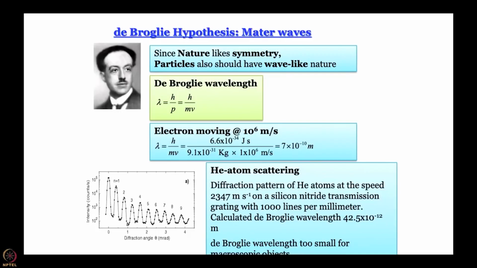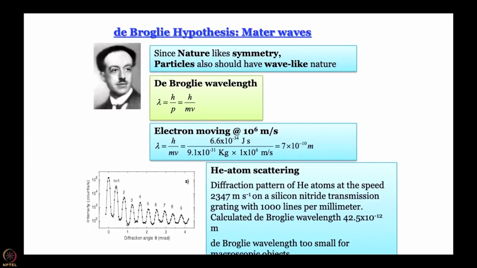If you take a lattice where the spacing is very small, then we do not see diffraction. If you take a lattice where the separation is too much compared to the wavelength, light just passes through. So, this value of lambda is very appropriate to be seen using an atomic lattice.